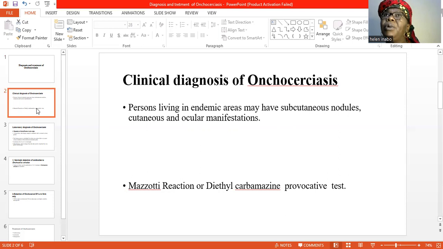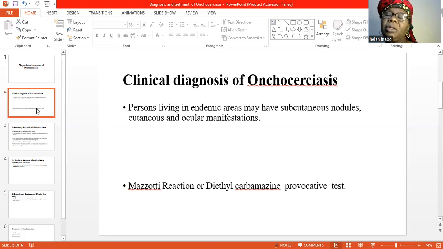These are firm, rubbery, palpable nodules, which the medical doctor can examine, and also cutaneous manifestations such as the presence of depigmentation, what is described as leopard skin, and also the thickening of the skin, and also